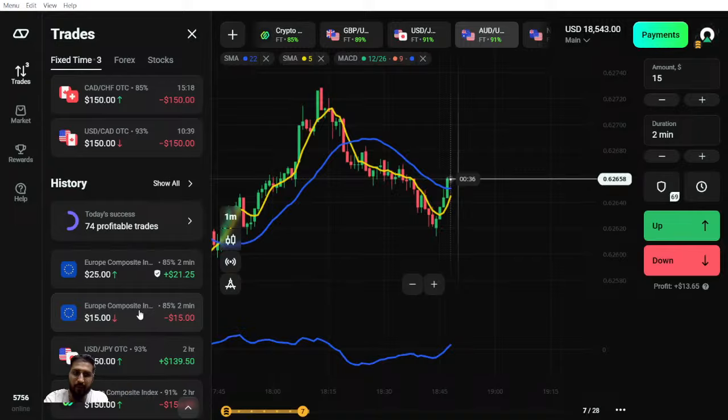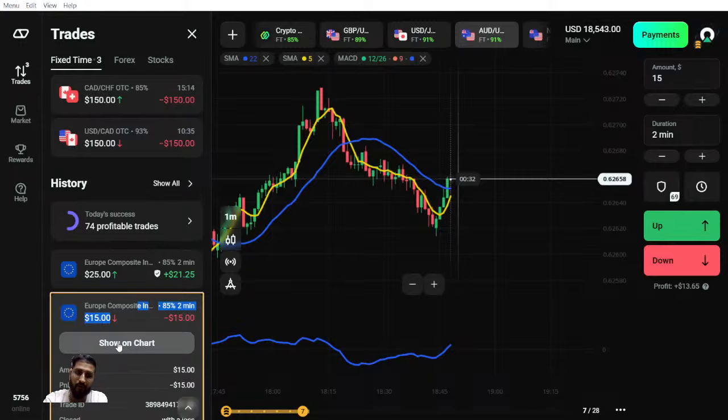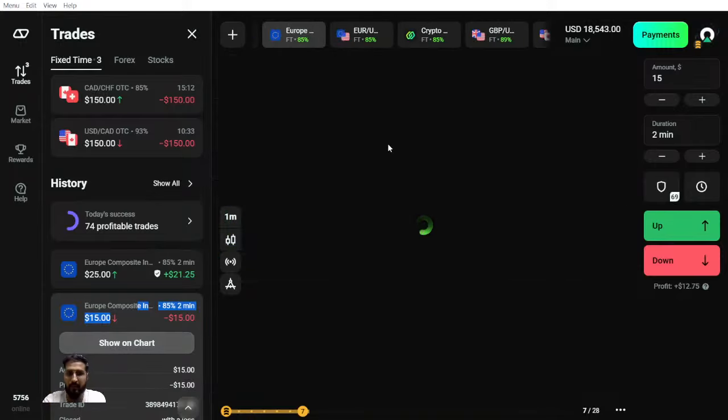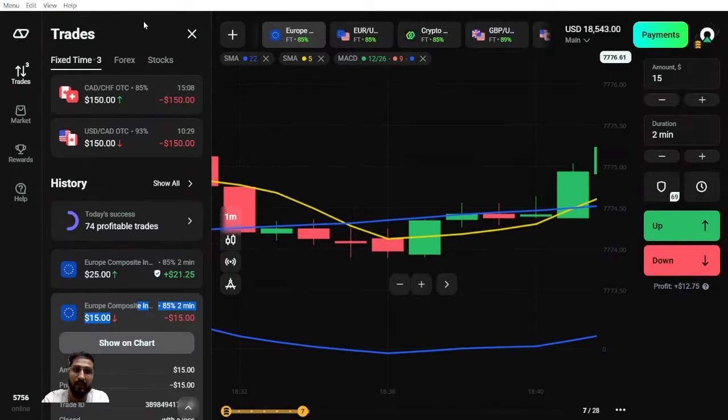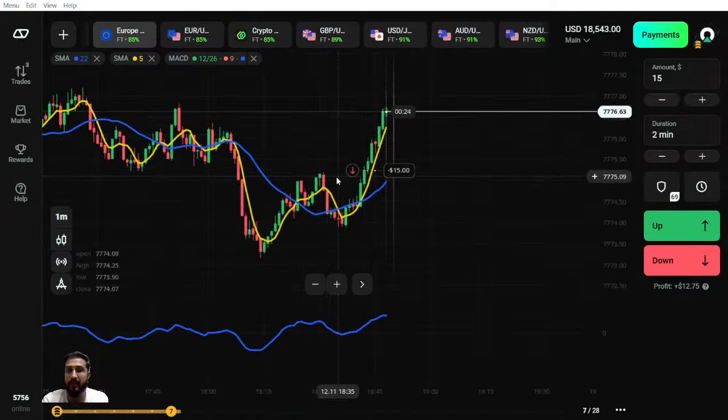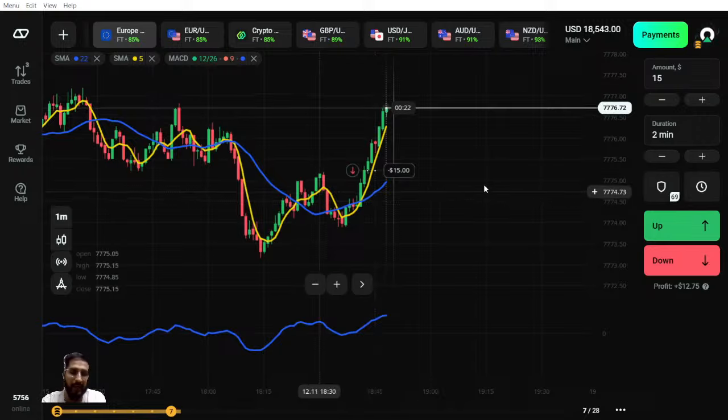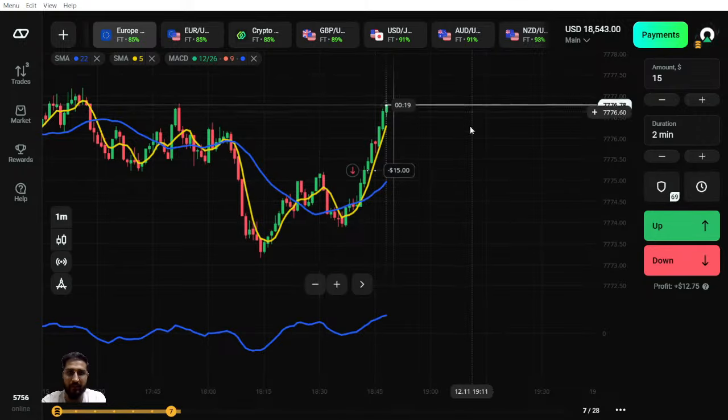So we have taken 2 trades so far. One was positive, one was negative. This trade I had already assumed was going to turn negative. The reason behind that, when I was focusing on the support and resistance level, the level was already breached, but I miscalculated, and that led to a negative result.